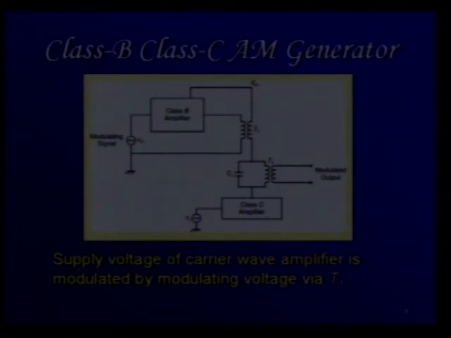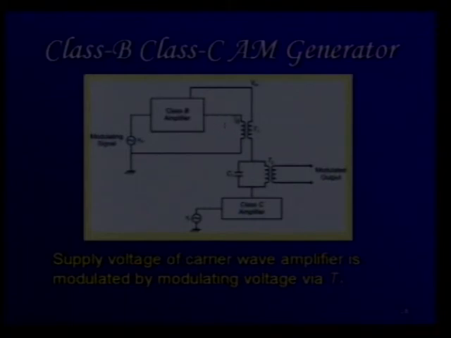Now in case of the carrier wave signal, you are going to have, say, Vc here, which you can amplify using a class C amplifier. But then how do you modulate these two signals? What you can do is take the output of this class B amplifier, that is, the amplified intelligent signal,